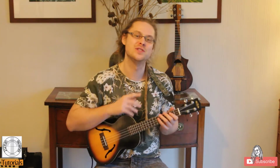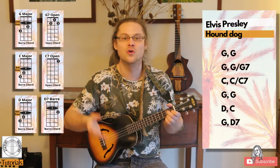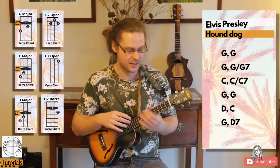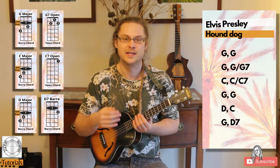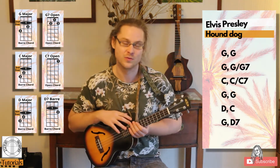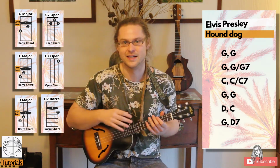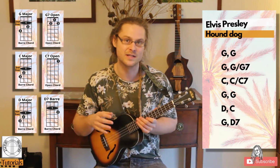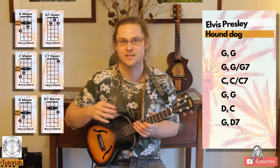So to my left, you should see now the chords coming up. I play it with the 7ths right at the end of the different sequences, and I also finish on a D7th rather than a D major. Now you can do all kinds of things with 7th chords, so don't feel like you have to do it exactly the way that I've written out there, but I think this is a good place to start anyway, and it sounds good with the 7th chords at the end of the little sequences,